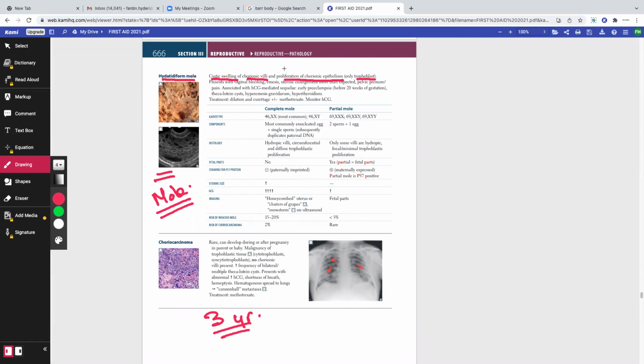So if cytotrophoblast is responsible for cellular synthesis, if there's an abnormal proliferation, will there be excessive cellular synthesis? Yes or no? The answer is yes. Will there be excessive production of HCG from syncytial trophoblast? The answer is yes. So can we expect these patients to suffer from either a benign mole or a choriocarcinoma if there is excessive proliferation of cytotrophoblast? The answer is yes. And the HCG level in these patients, will they be really high or really low? The answer is they will be really, really high. So that's that.